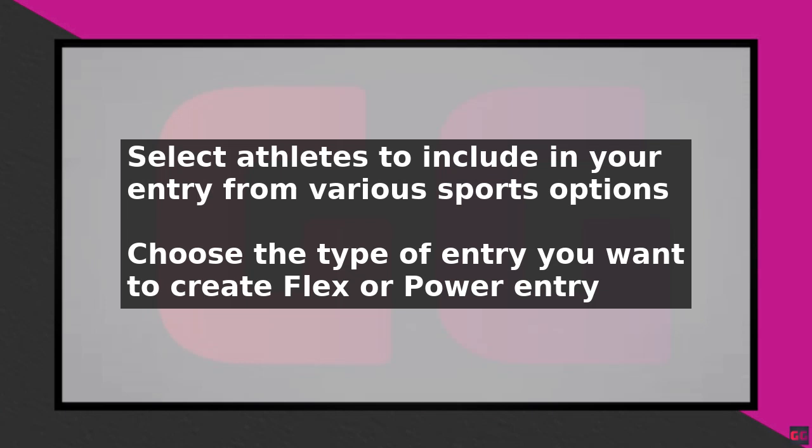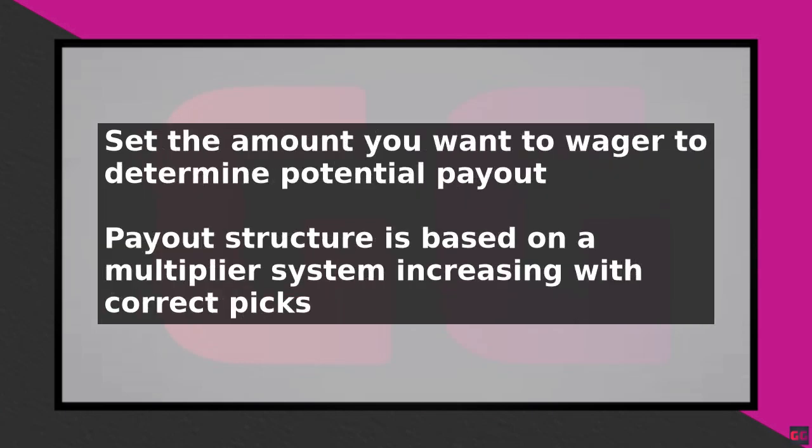After selecting your athletes and entry type, you need to set the amount you want to wager. The amount you wager will determine the potential payout for your entry. The payout structure for Prizepicks is based on a multiplier system, where the payout increases as the number of correct